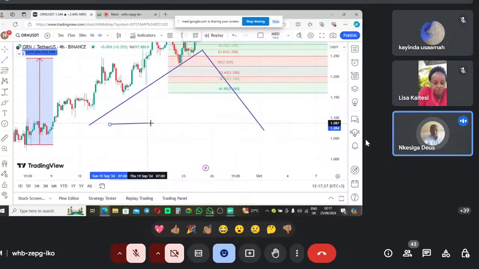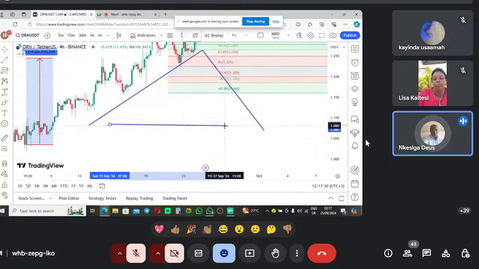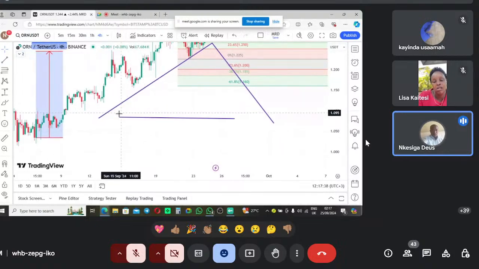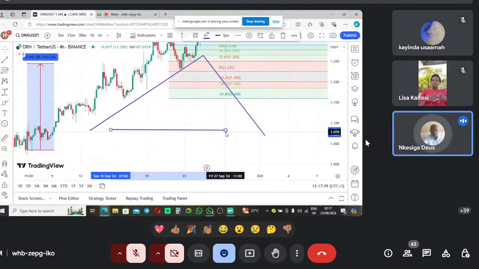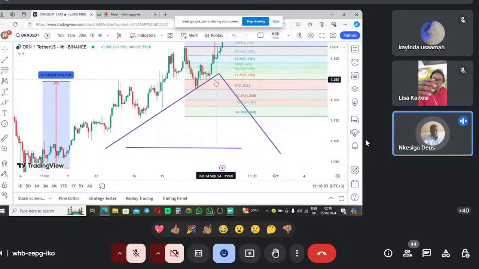So the ranging market will be straight. It will not be moving too far. It will be just ranging. We call it ranging. The sideways market will be like this straight line. The market will not be forming new higher highs and new lower lows. Therefore, after understanding that the market is not forming new highs and new lows, that is automatically a ranging market. So when you see that the market is making higher highs and higher lows, know that automatically